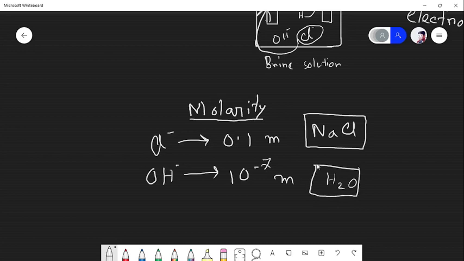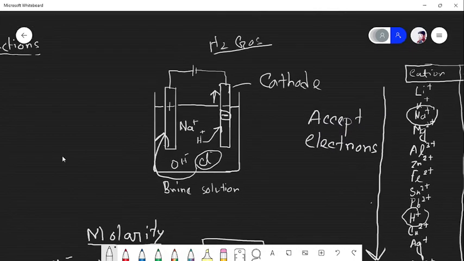So notice that chloride is more concentrated than hydroxide. It is 10 to the power 6 times more concentrated than hydroxide. That is why chloride goes first to the anode